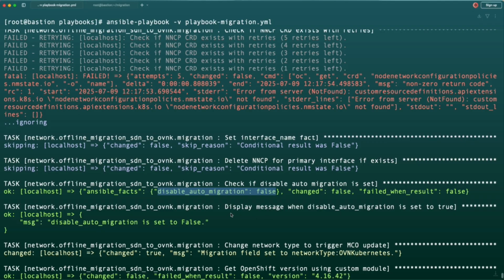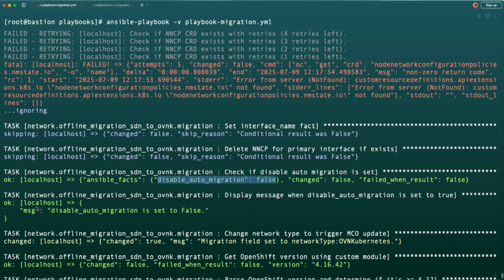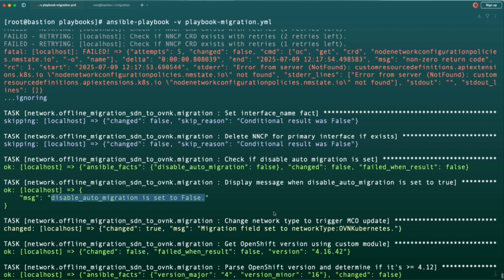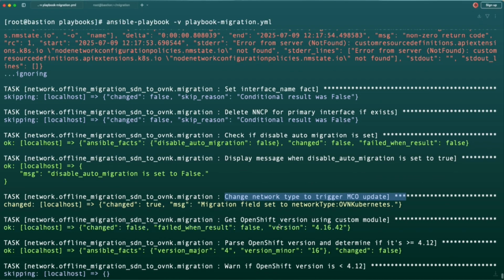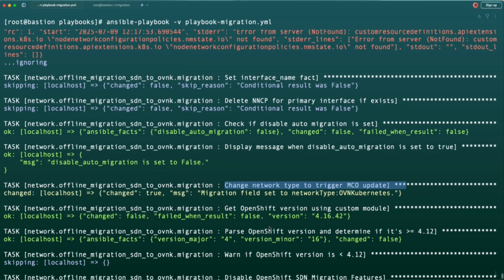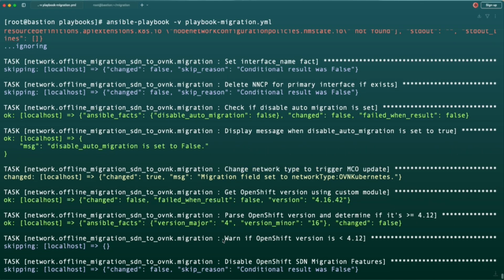And deleting the NNCP will not cause any issue. It will just delete the NNCP. It will not revert the changes back to the OCP nodes. So the migration field is set to OVN-Kubernetes now into the network.operator here, and